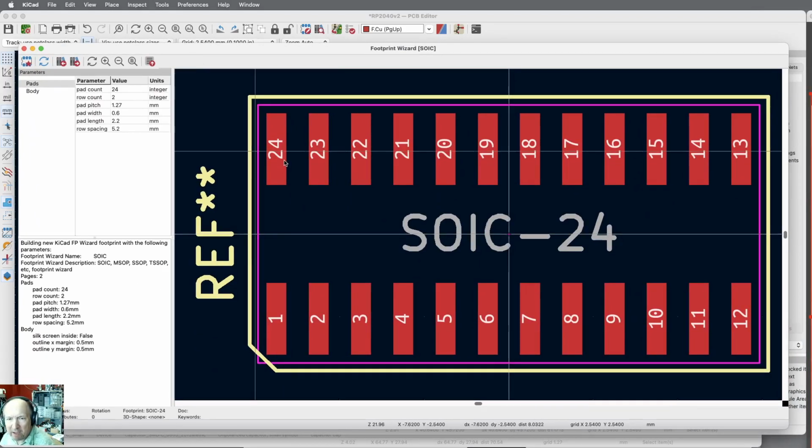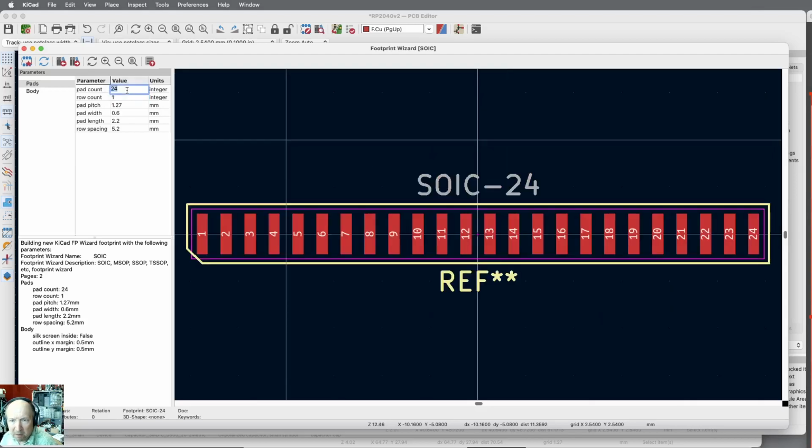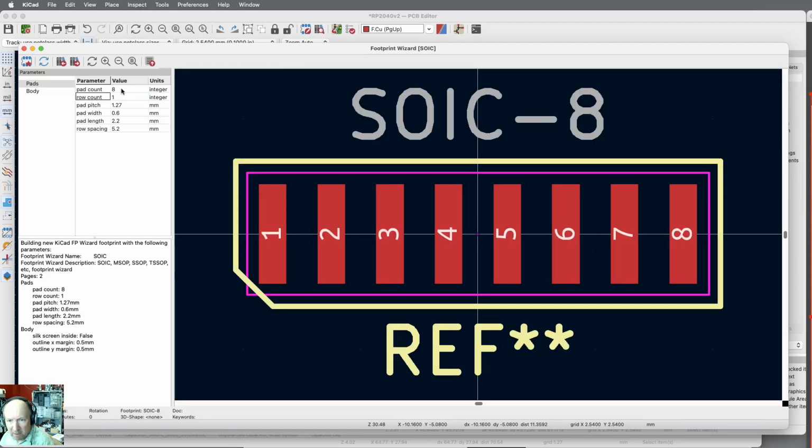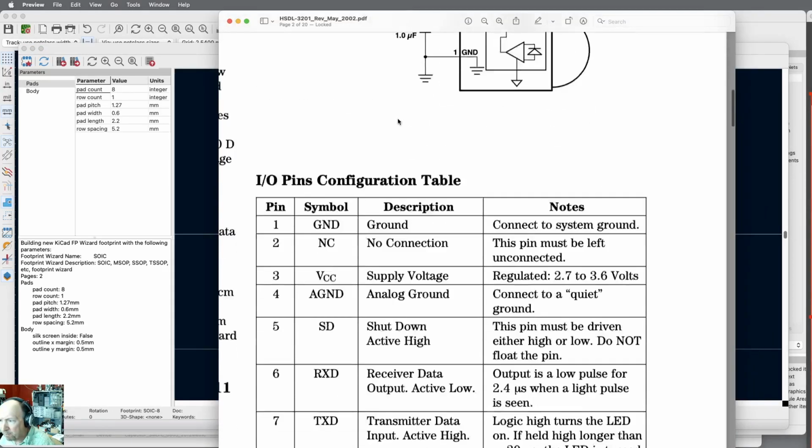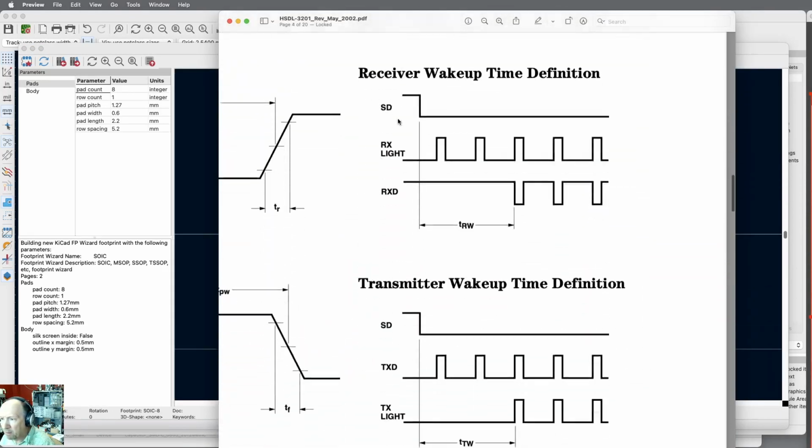And this is kind of like an automatic thing. But what I really want in this is I only need one row. So I'll change that to a 1. And I only want the 8 pins that are already in a row. That's closer. Now, if I come back to this component,